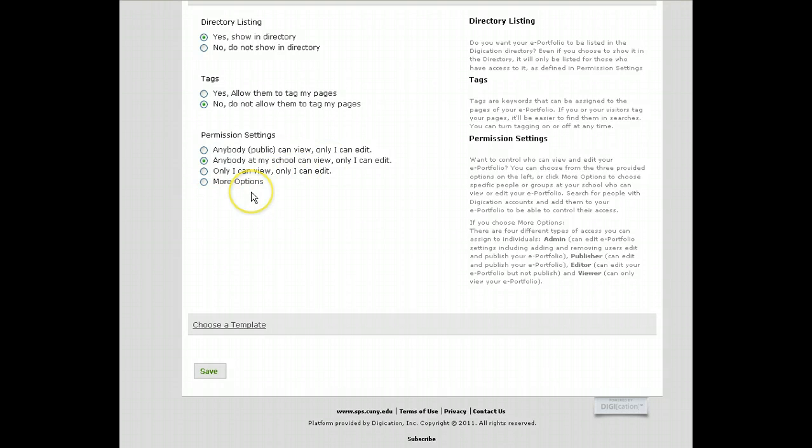Now, if you did want to share your ePortfolio with your friends or family or whoever, you will have to select "anybody public can view, only I can edit." But please know that if you do select this setting, it will most likely show up in a Google search. So if you don't feel comfortable listing your ePortfolio publicly or within the school, you have the option of adding